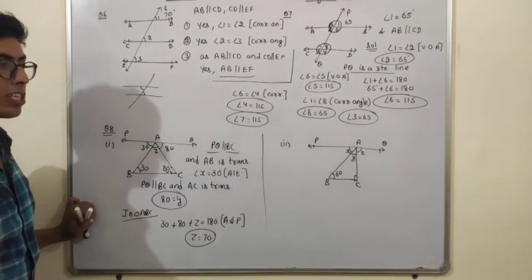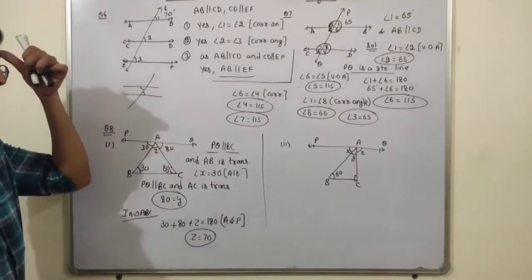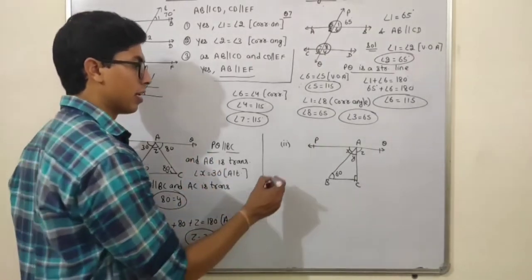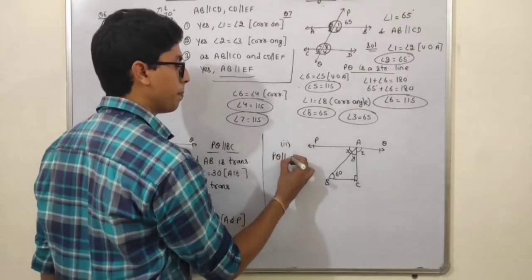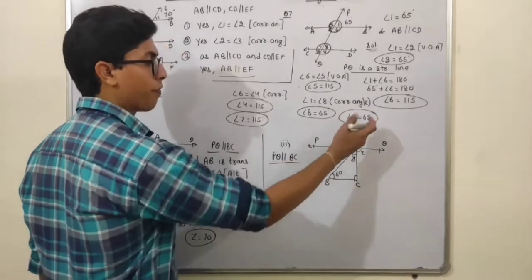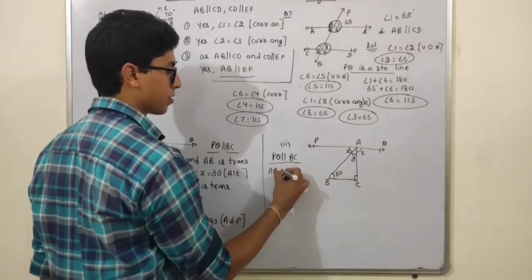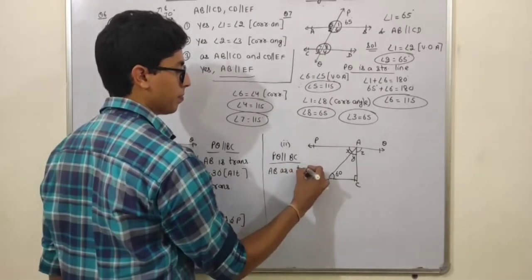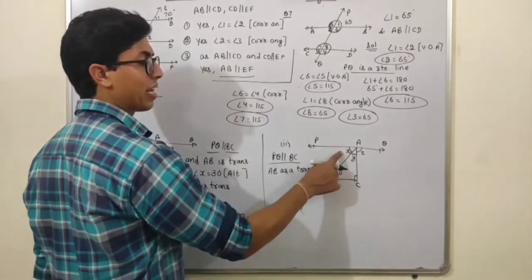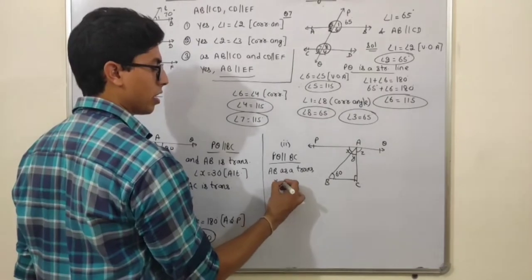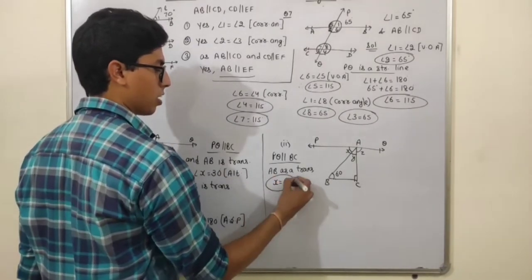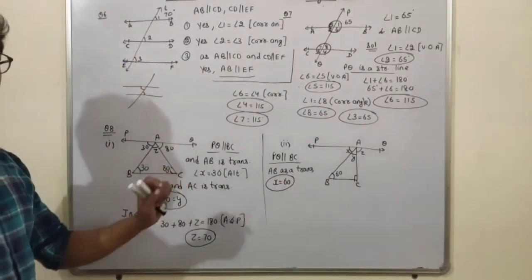Now the second and the last part, students, of this assignment. Similarly, the same thing is given. PQ is parallel to BC is given in the question. Now if I take AB again, AB here is a transversal. I can say angle X is equal to 60 degrees because of alternate angle. So the reason is the same, alternate angle.